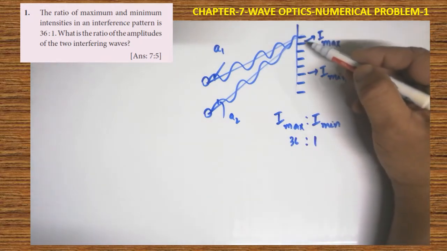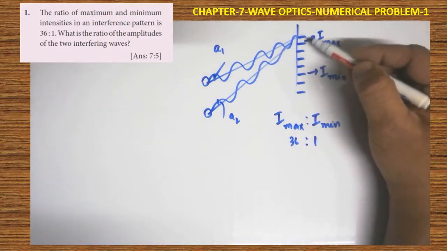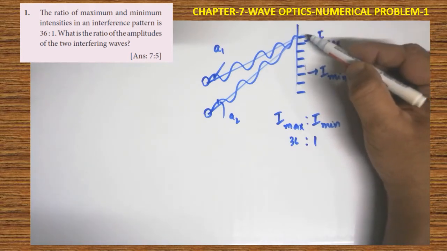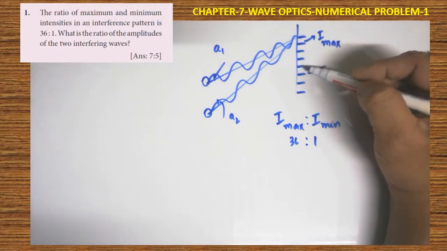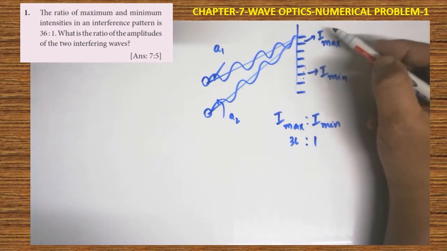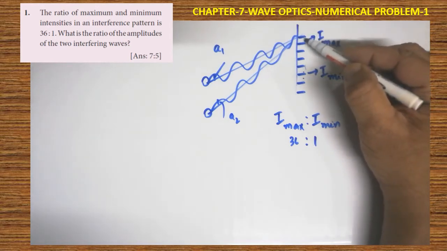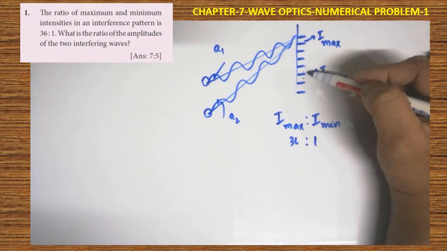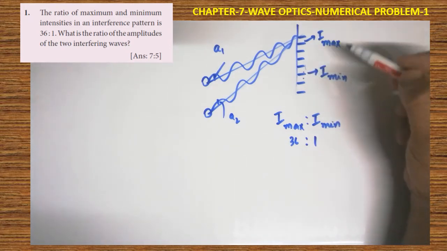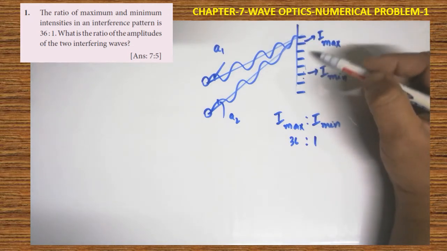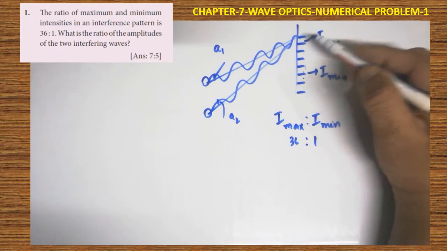After interfering with one another, these two waves create the interference pattern. Interference pattern means bright fringe, dark fringe, bright fringe, dark fringe, alternately. Wherever you observe the bright band, there you observe the maximum intensity light. Wherever you observe the dark fringe, there minimum intensity light is created. Dark fringe is created due to destructive interference. Bright bands are created due to constructive interference.